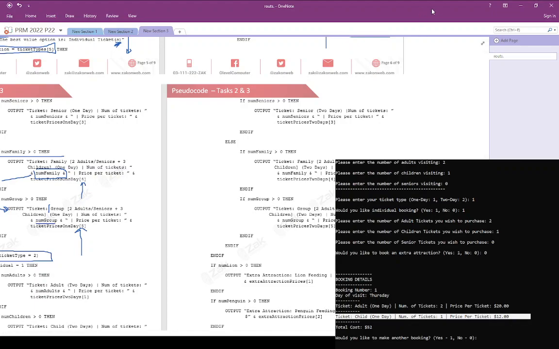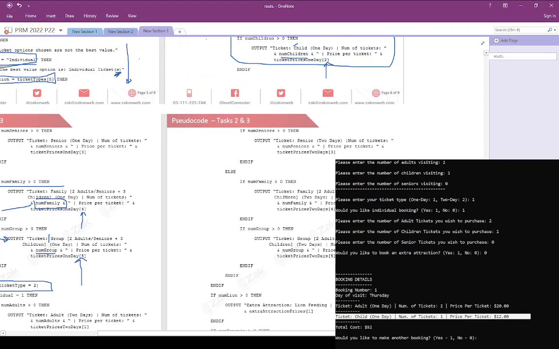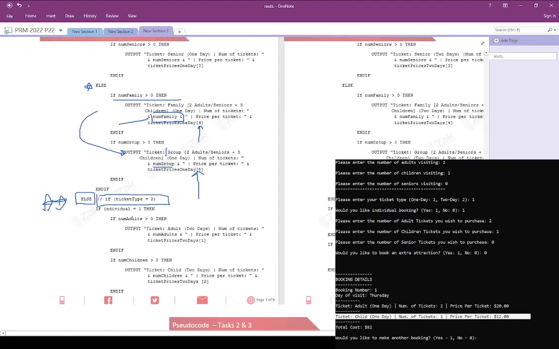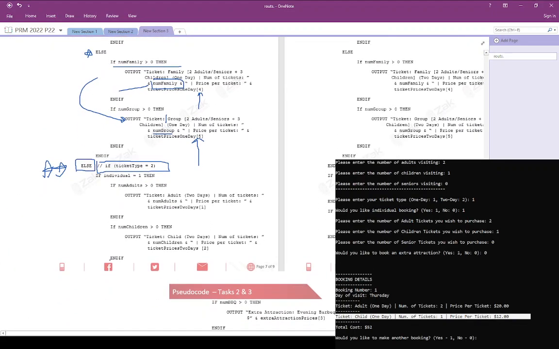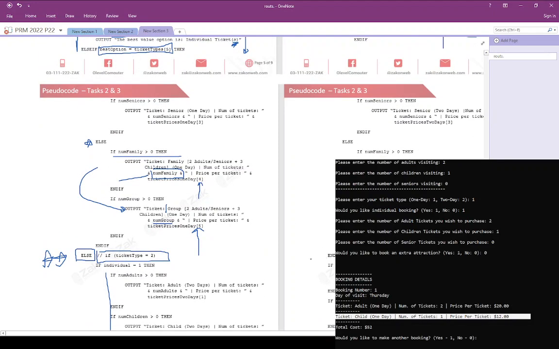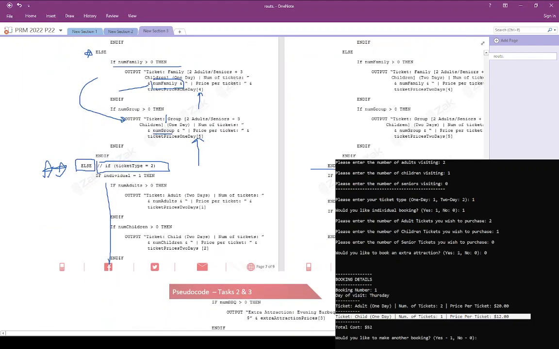Alright, so if you wish to take more time, you can just pause the video. But the only thing that is changing in all of this, so if you notice this from here till basically the end, everything we're doing is just a repeat of what we've already done. However, the only thing that has changed is that this is now 2 days, and instead of accessing the array ticket prices 1 day, we are now accessing the array of ticket prices 2 days,